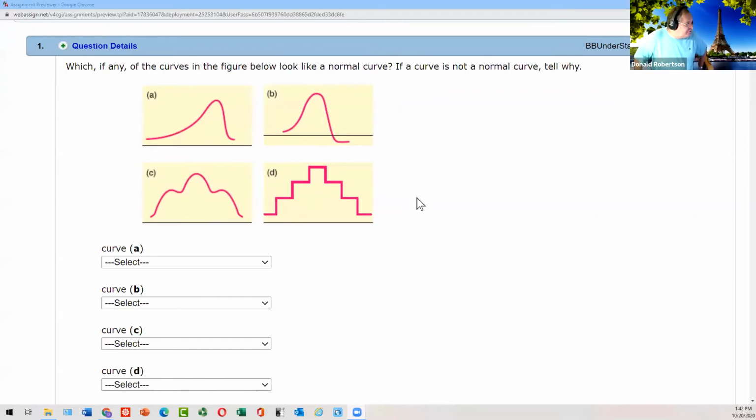Which of any of these is a normal curve? One of them is A, B, C, or D. I could get lonely here on my own, so it's nice if someone joins in. A, B, C, or D. Which of those four shapes? Don't need to be curves. Curves isn't an issue. Which of these four shapes is closest to being a normal shape?